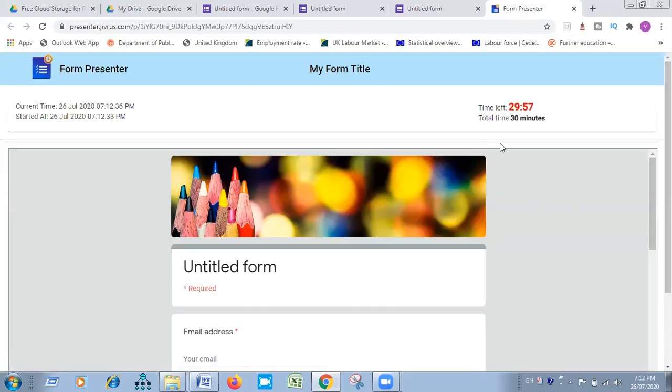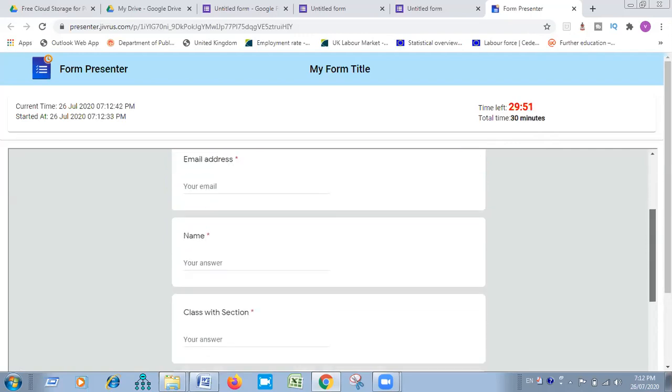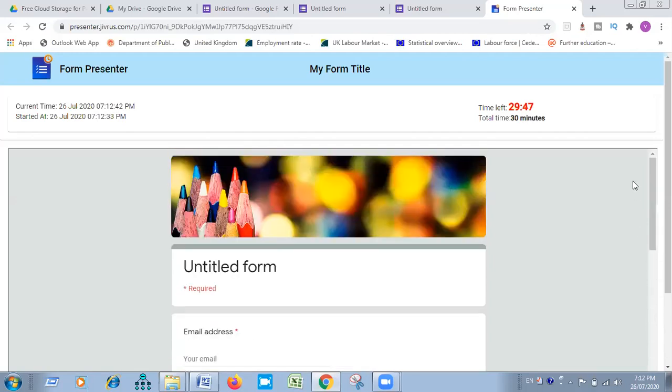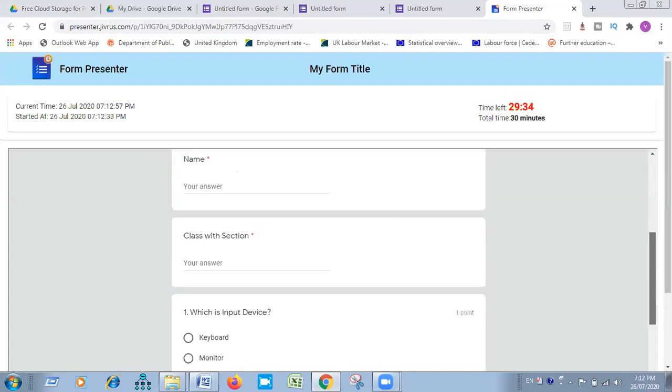Here the student will get the time of 30 minutes. See, this is your form and it will look like this. When 30 minutes are completed, the form submission will stop automatically. So the student will have to submit the form within 30 minutes.